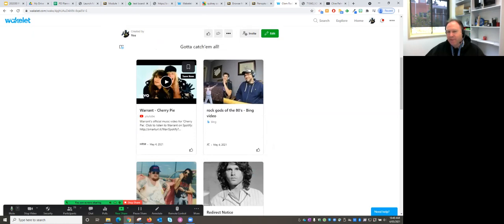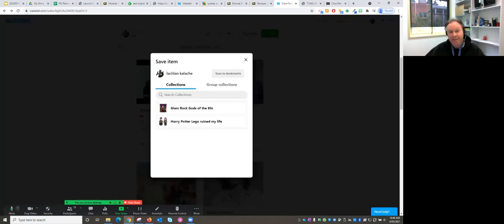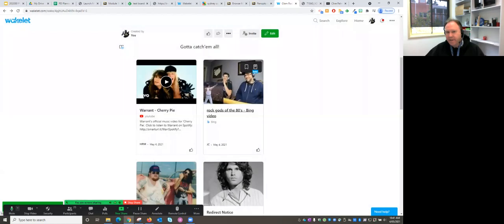And at that point, I'd be thinking it would allow me to make my own sort of collection of favorites. So cherry pie, that's going in there. You can add items that you're bookmarking into your own collection. So if I had a separate collection for, you know, Lachlan's private stash or whatever, I could then take these bookmarks and add them to a collection, or just save it into a bookmarks collection,